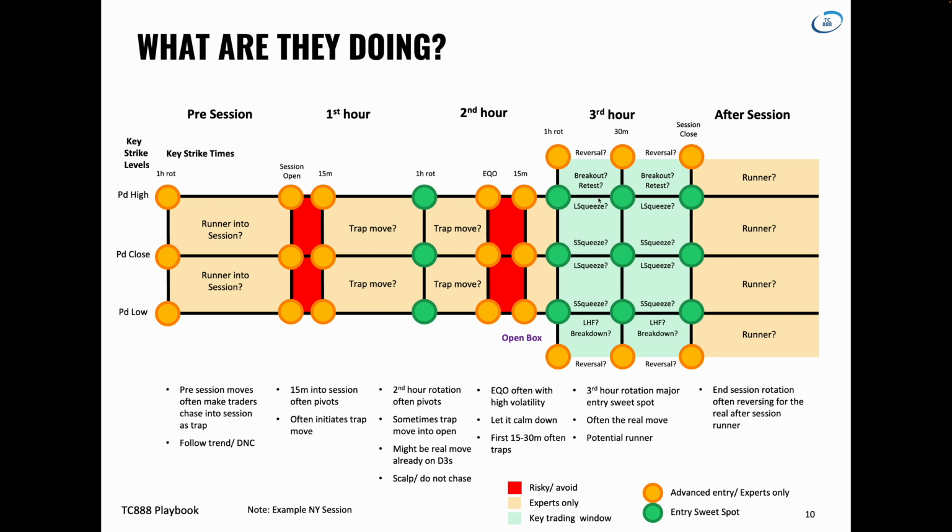A reversal working into the high of the session, previous day high potentially with a long squeeze? Are you in a parabolic situation, blowing off into one direction, and so on? So it's always the same discussion. And then potentially after the session, you get a runner. So at session close, fourth hour,